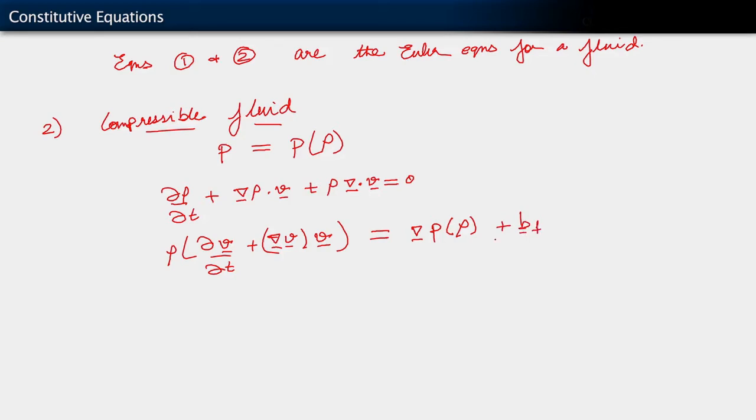All right. And so again, for the unknowns, we have 4, right, which are now rho and V, and equations are 4. So in this case, the equations and unknowns add up to the same number, so again we have closure for this system. These are also the Euler equations. However, these are the Euler equations for a compressible fluid, right? So these are called